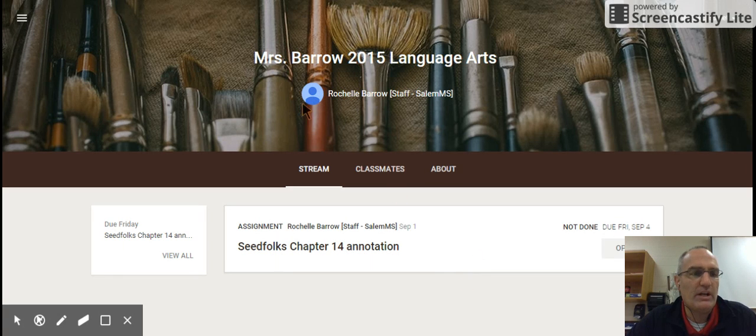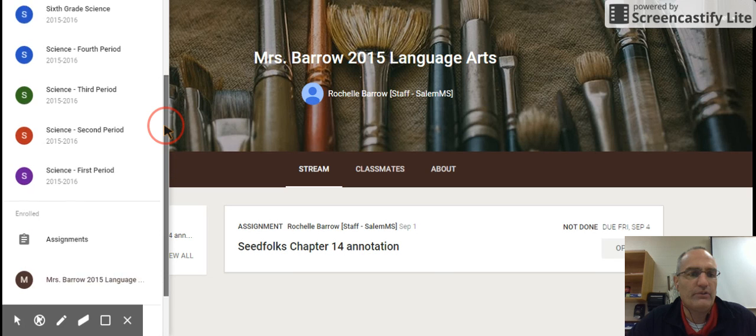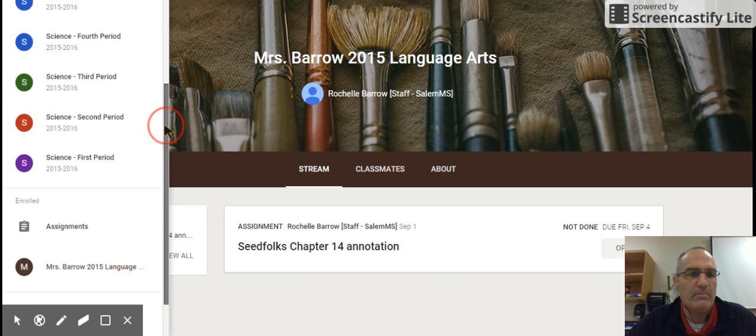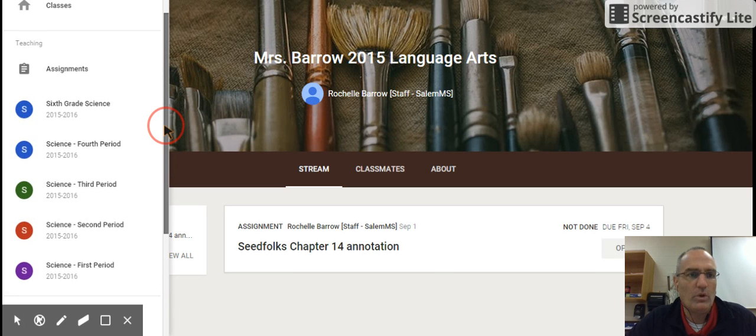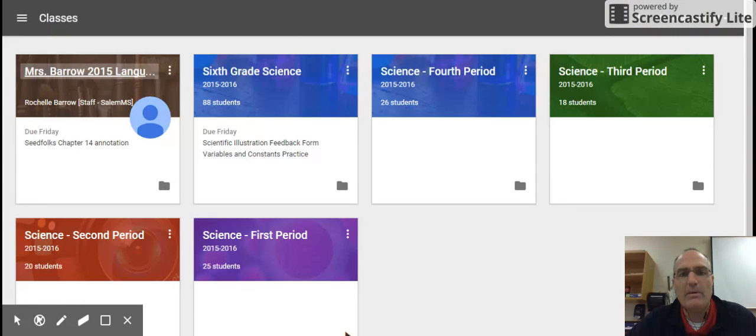Now, one final tip for navigation. Don't forget, Mr. Cascio pointed us to this little three-stripe line thing in the top corner, remember? That's called the Google Hot Dog, which he really liked. If you click on that, it'll show you all of your classes in your sidebar so you can easily navigate back and forth. Okay? And you can also click on this top home button, and it'll take you back to the landing page with the